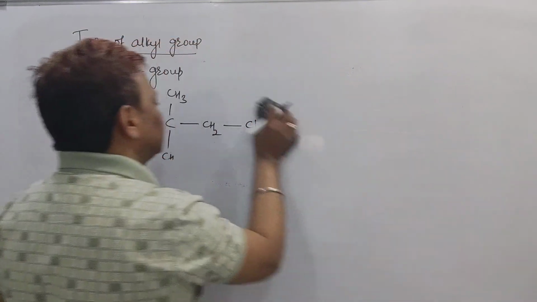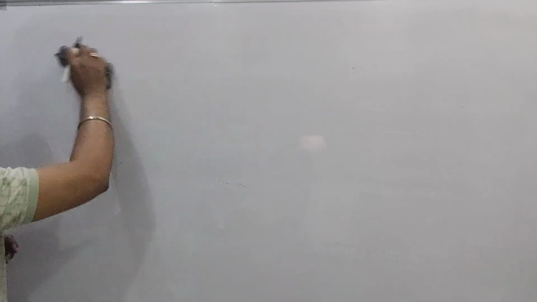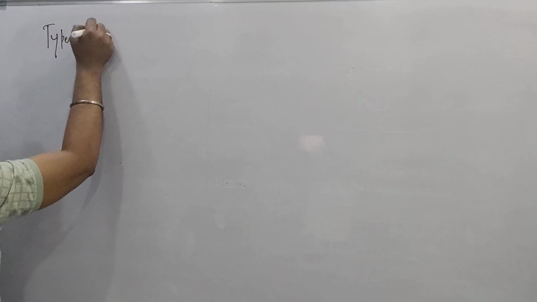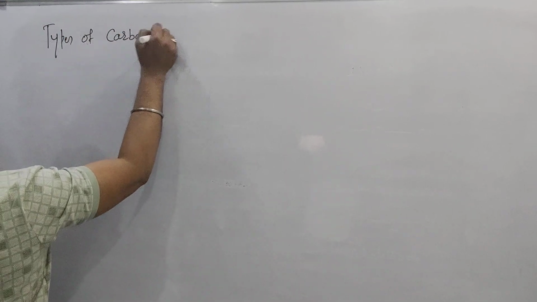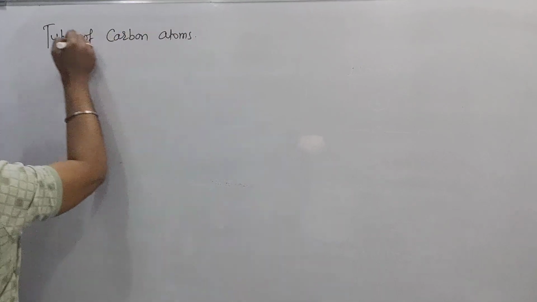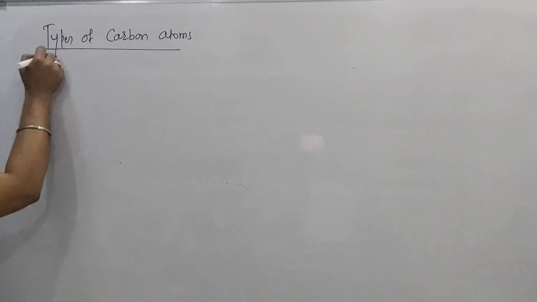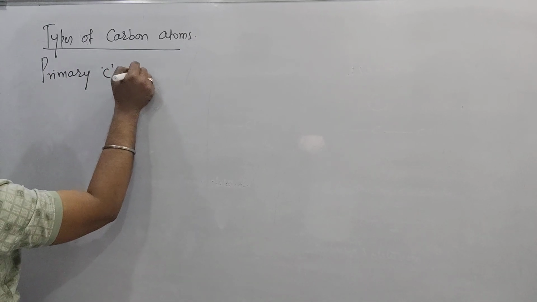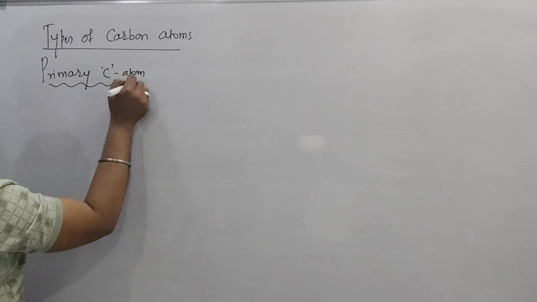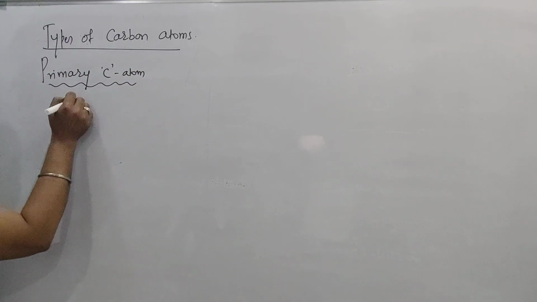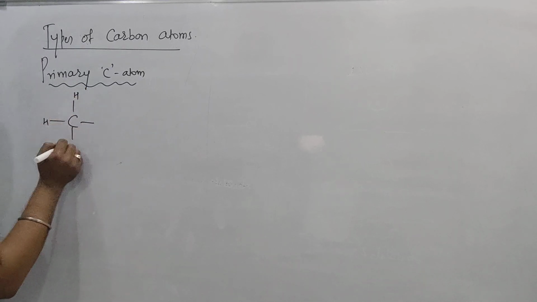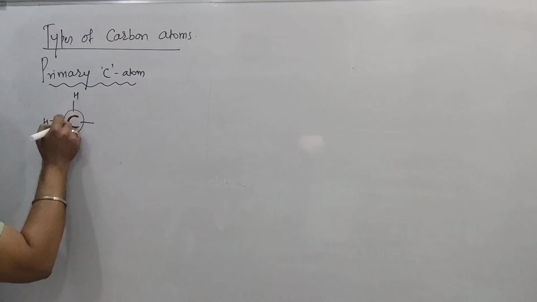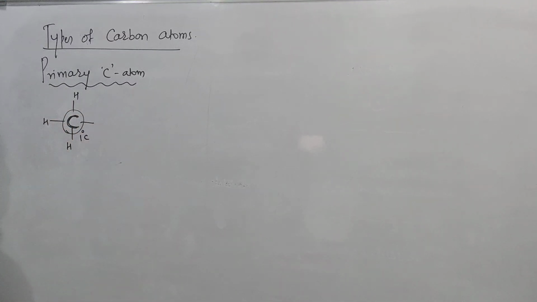because this part I want to explain to you again. Types of carbon atoms. What is that? These are the following types of carbon atoms. A carbon atom is of the following types. The first one will be called a primary carbon atom. But what is meant by a primary carbon atom? You know, a carbon atom that attaches with no other carbon. See, beta, this is a carbon atom attached with no other carbon atom. So this carbon is called a primary carbon.